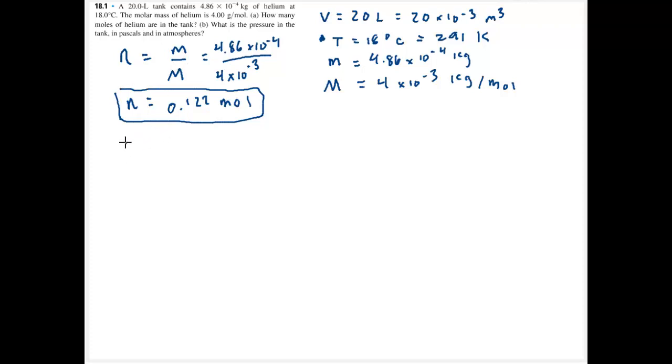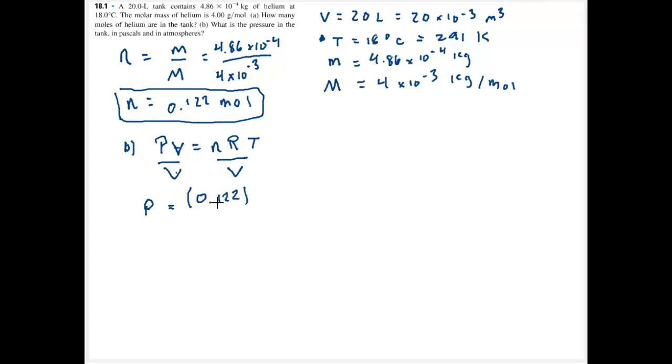Now we're asked to find in part B the pressure in the tank. Find the pressure using the ideal gas law. Pressure times volume is equal to the number of moles, the constant R, and then the temperature of the system. So we can simply rearrange this, divide both sides by V, and isolate pressure. So the pressure is going to be equal to